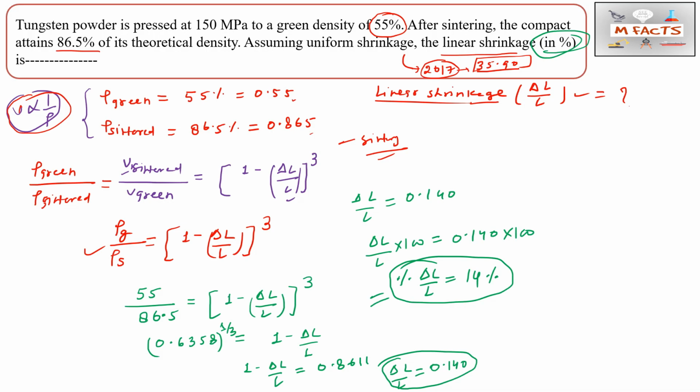This question is very nice, but people can make mistakes everywhere, because if you don't know the formula you cannot apply it, you cannot do this question. Okay, so first of all try to remember this formula, then apply this formula and find the value of delta L by L, and also see in which unit they are asking. So delta L by L is dimensionless. Okay, so that's why they are asking in percentage, so we can change it into percentage by multiplying by 100.